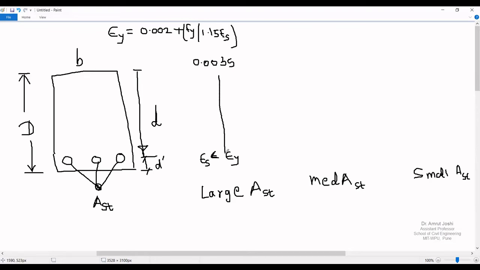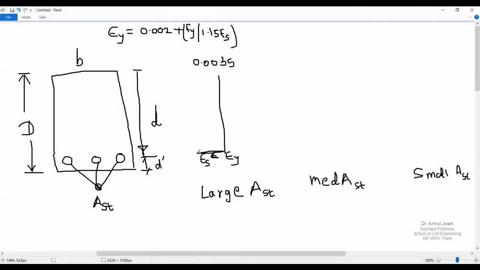We also know that the bending strain distribution diagram of this section is going to remain linear till failure, because it has been experimentally validated that for beams with length by depth ratio greater than 6, Euler-Bernoulli beam theory is applicable, and plane sections before bending remain plane after bending till failure. Therefore, the bending strain distribution diagram is going to be linear.